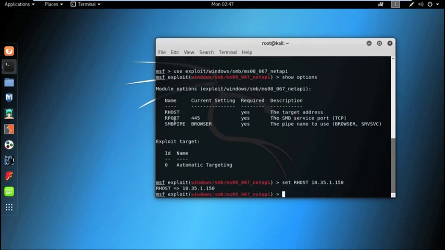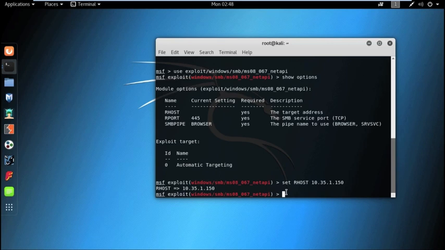Now, we also need to set RPORT. To set RPORT, we need to use an open port. From the scanning phase, we already found out that port 445 is open in the target machine. So, port 445 is already selected, and there is no need to change it.